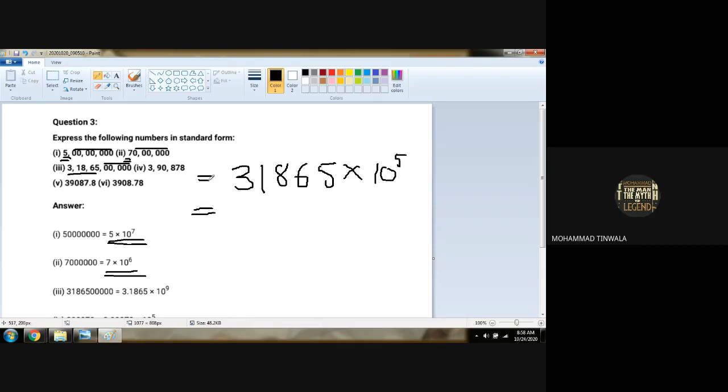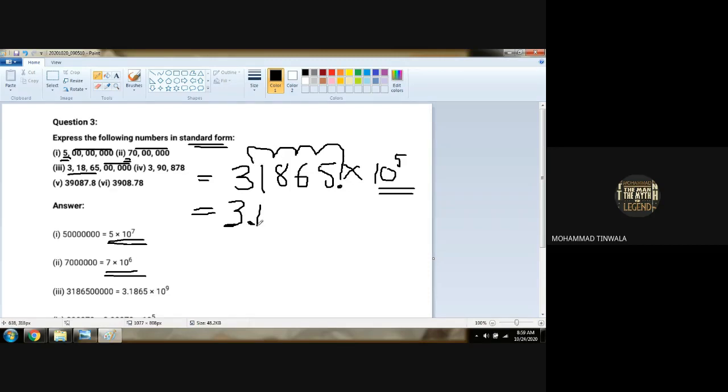Because in standard form, we have to have the decimal after one digit. કેટલા digit પછી decimal જોઈએ compulsory? One digit પછી. કા one digit નો number હોય ને multiply by 10 raised to whatever number હોય તો ચાલે. Are you getting? So can I keep decimal here? 31865 decimal હશે તો આ 10 raised to the power 5 આવ્યું. Are you getting? હવે આ decimal ને આપણે move કરી નાખીએ 1 step, 2 step, 3 step and 4 step.